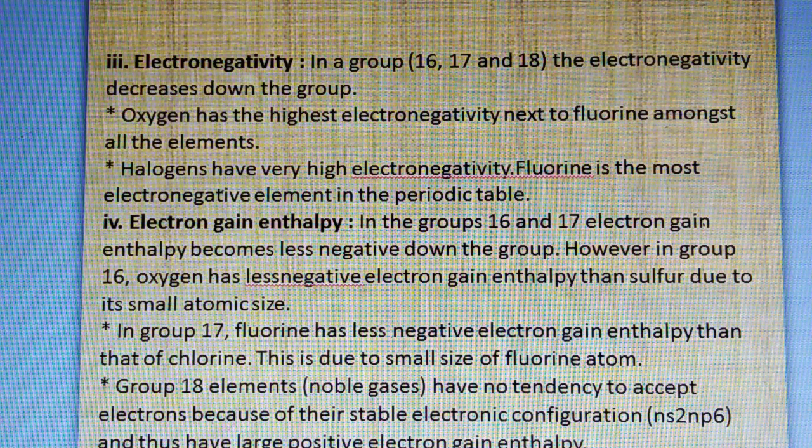In group 18 elements, the inert gases or noble gases, they don't have a tendency to accept an electron because of their stable electronic configuration, and thus they have a large positive electron gain enthalpy. So group 18 has positive electron gain enthalpy, while for groups 16 and 17 the electron gain enthalpy becomes less negative on moving down the group. So these are the four physical properties of group 16, 17